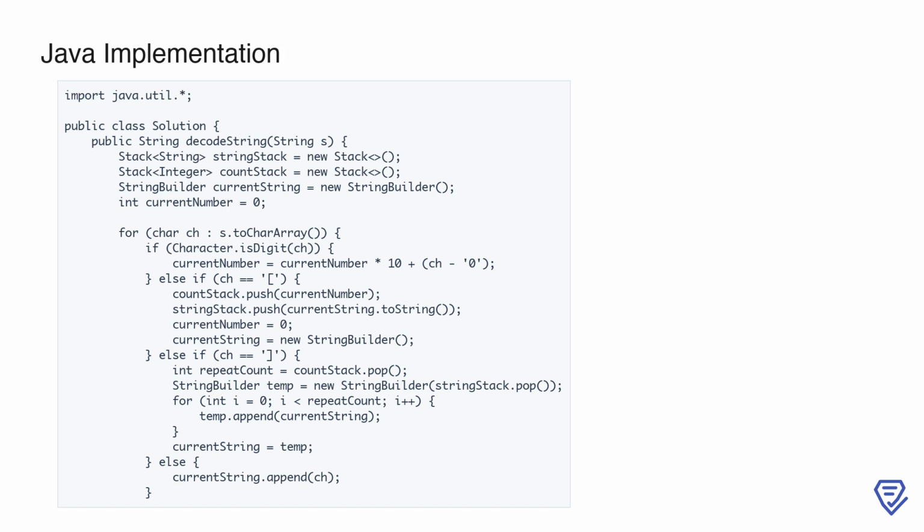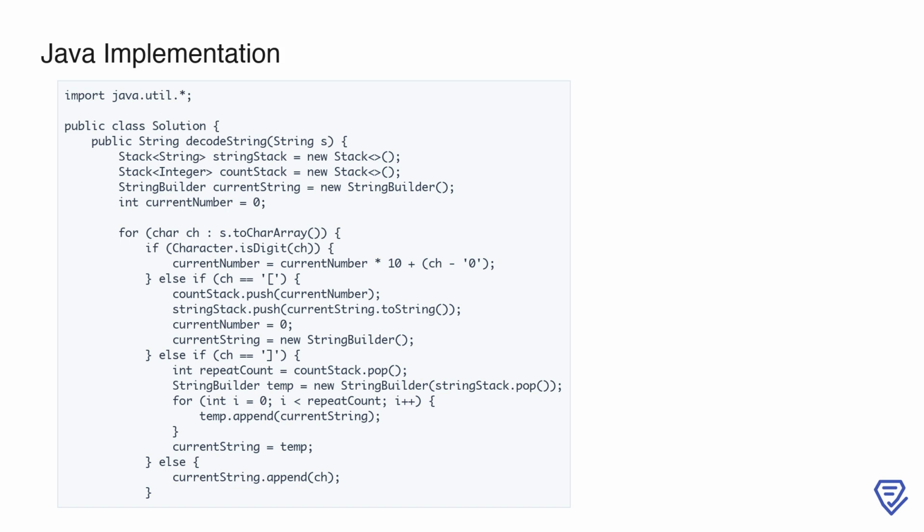Next, we loop through each character in the input string. When we encounter a digit, we update currentNumber by multiplying the previous value by 10 and adding the numeric value of the current digit. This allows us to handle multi-digit numbers. When we reach an opening bracket, it signifies the start of a new encoded segment. At this point, we push currentNumber onto the count stack and the current state of currentString onto the string stack. Then, we reset currentNumber to 0 and currentString to an empty StringBuilder